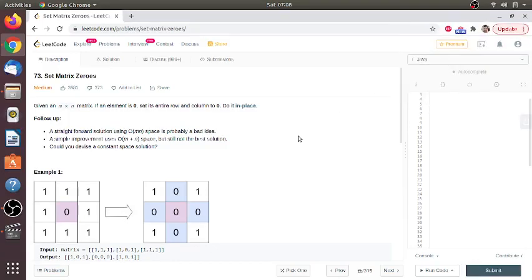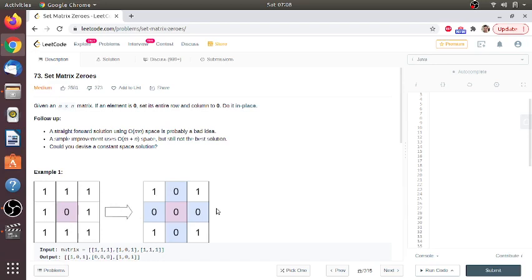Hello guys, today we are going to solve one of the LeetCode problems. This is Set Matrix Zeroes. So let me go through the description of the problem quickly. We are given some m cross n matrix, and there will be some entries which will be 0. Whenever there is a 0 in a particular cell, in the horizontal and the vertical side, all values will be 0, not just the neighbors.